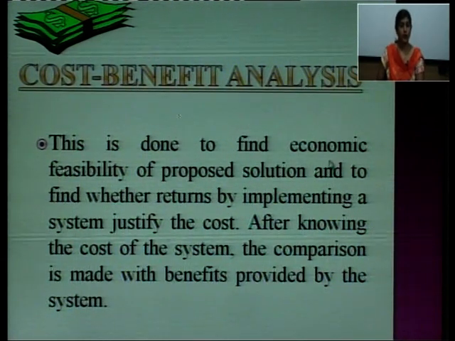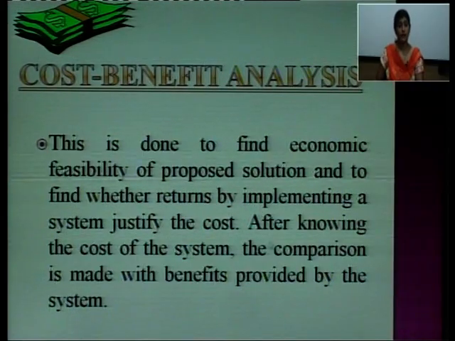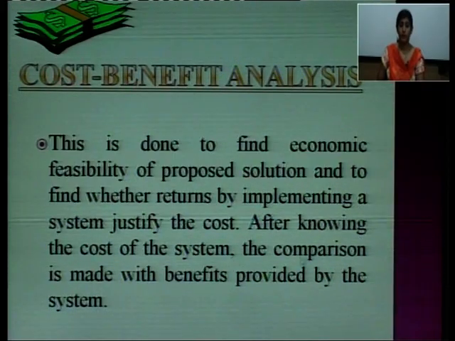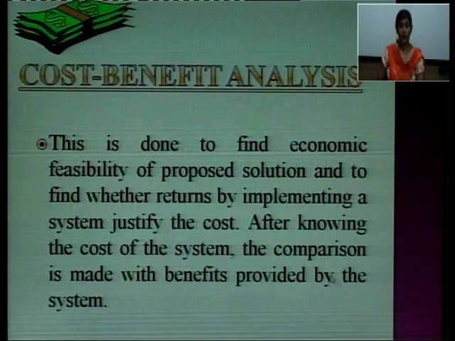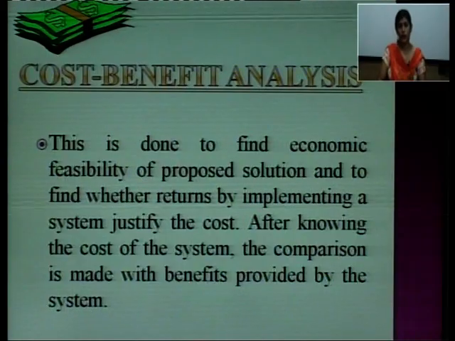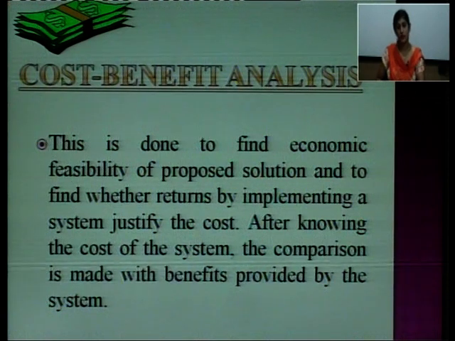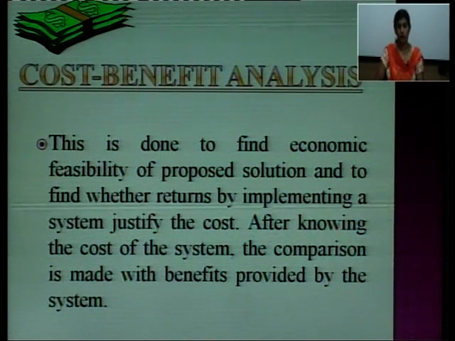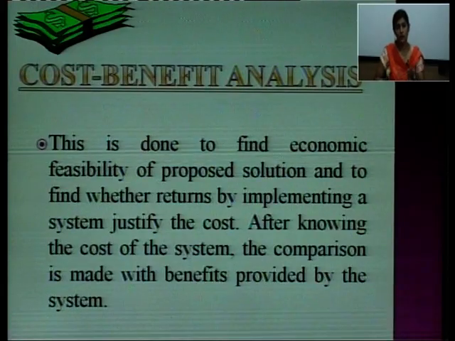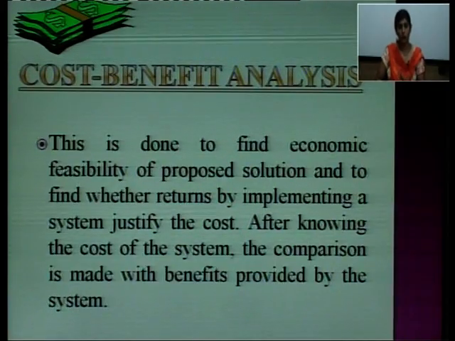This is done to find economic feasibility of the proposed solution and to find whether returns by implementing a system justify the cost. After knowing the cost of the system, the comparison is made with benefits provided by the system. We all are very much aware that if we expend some cost on any product, we must want some benefits from that product. If the benefits are not sufficient, meaning the cost we are spending on that project is very high, then we have to consider some constraints for that project, and it must be beneficial for the developer who is developing